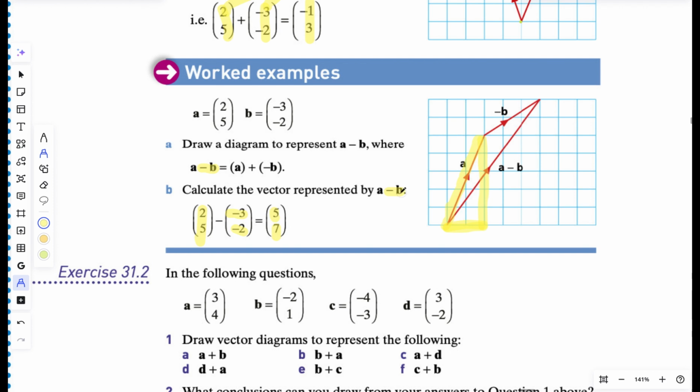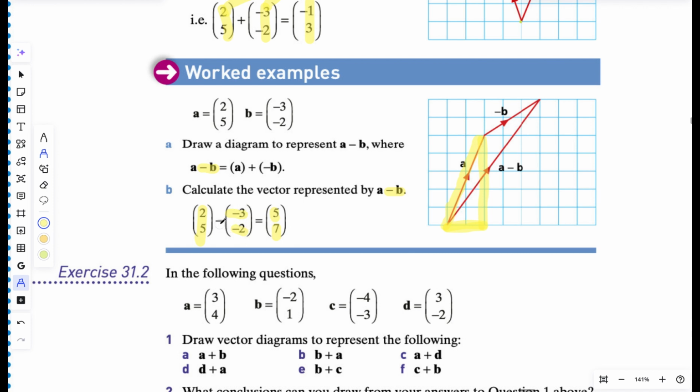we can do the negative values. The negative values will make this one to be what? Positive 3, because minus times minus 3 gives you positive 3. And minus times minus 2, you get positive 2. So if you're about to draw this one, the negative B, because this itself is B,